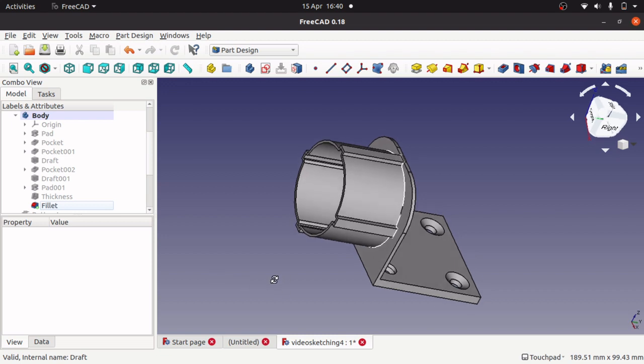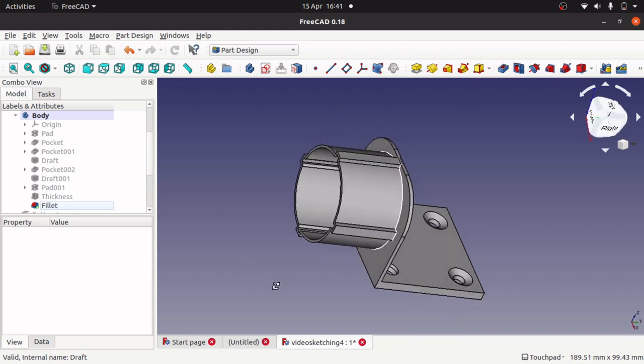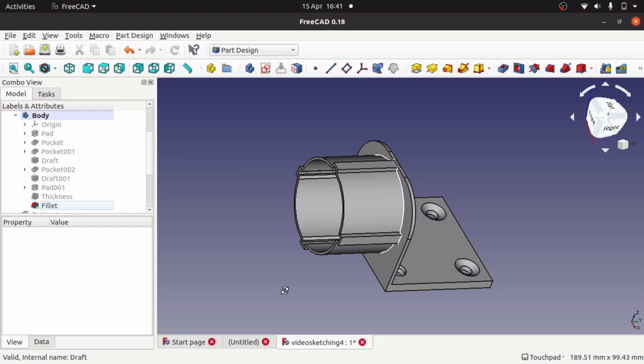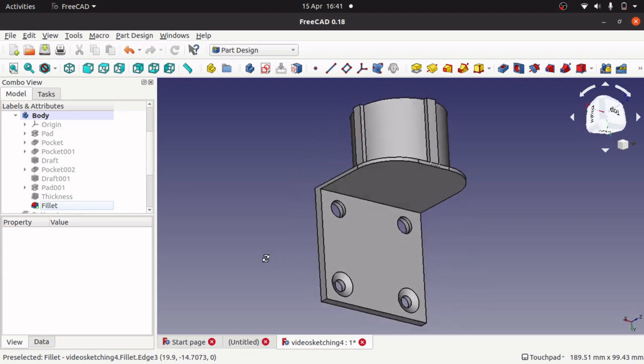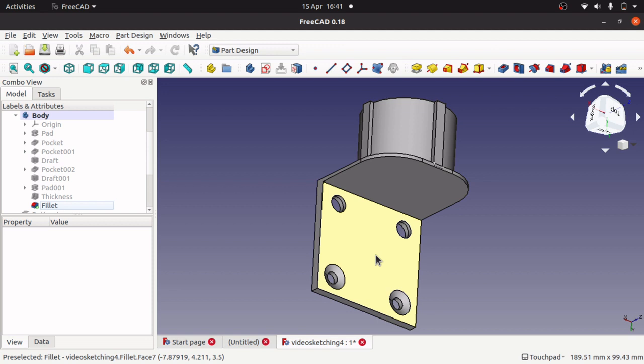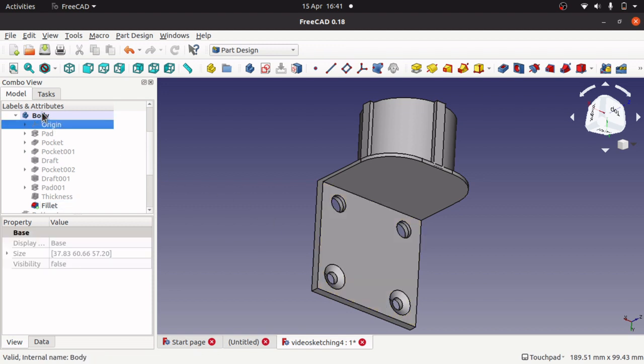Hi viewers, and today we're going to be looking at datum constraints to fix mirroring problems. So the scenario I've got is that I've created this model and I've got a problem in that this base here isn't centered along the origin. So if we look at the body, look at the origin,